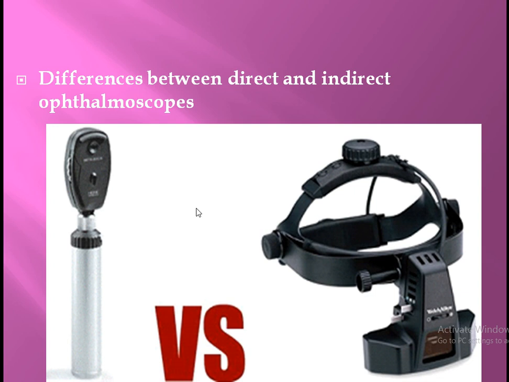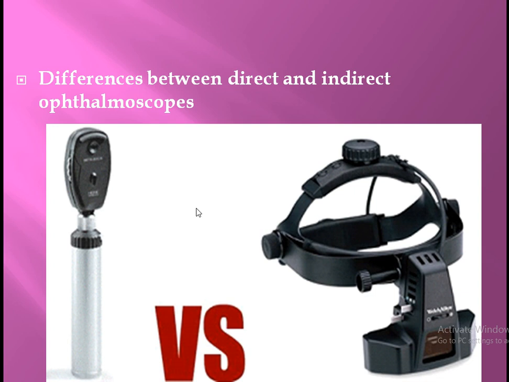In this picture you can see we are using these two types of apparatus, because ophthalmoscopy is the technique which is performed through these two apparatus. It is divided into two types, direct and indirect ophthalmoscopy, and for that we use these two apparatuses. What are the differences? What are the similarities? What are the differences of the image formation? What are the advantages and disadvantages of both types? I will discuss in detail.